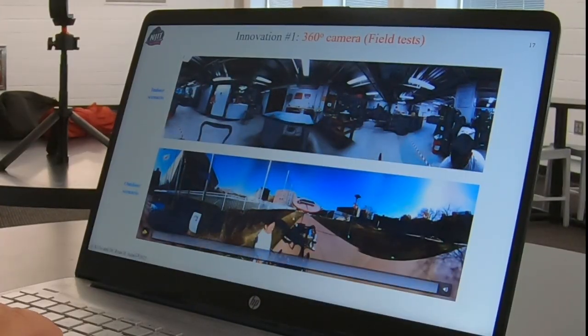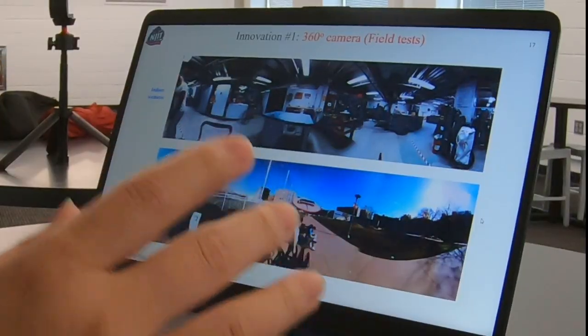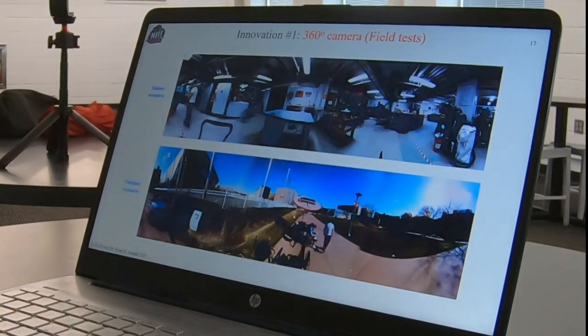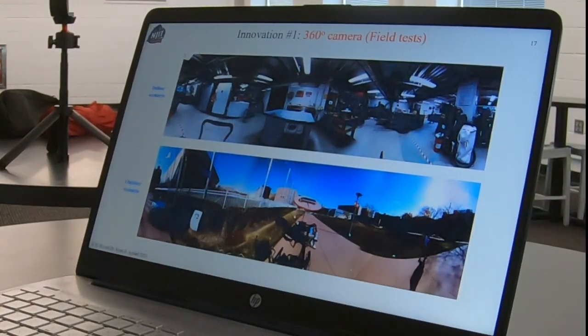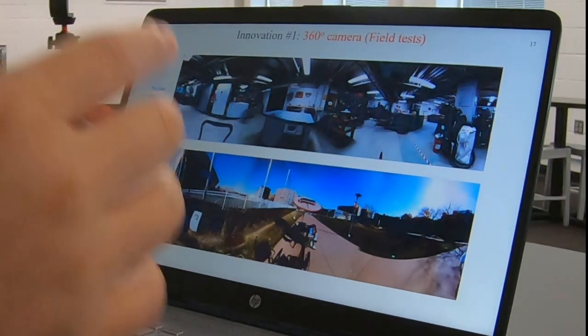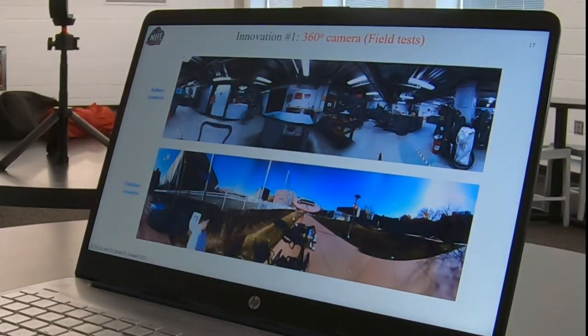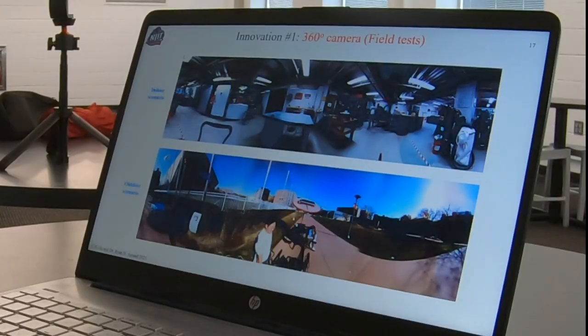I will just play these two videos right here. You can see the video on the top is the panorama captured in the concrete lab in the Cotton Hall basement. And the second one is actually recorded in the quad by the soccer field. You can see they can reach a very high speed. I remember the frame rate was roughly 9 frames per second. That's the output.